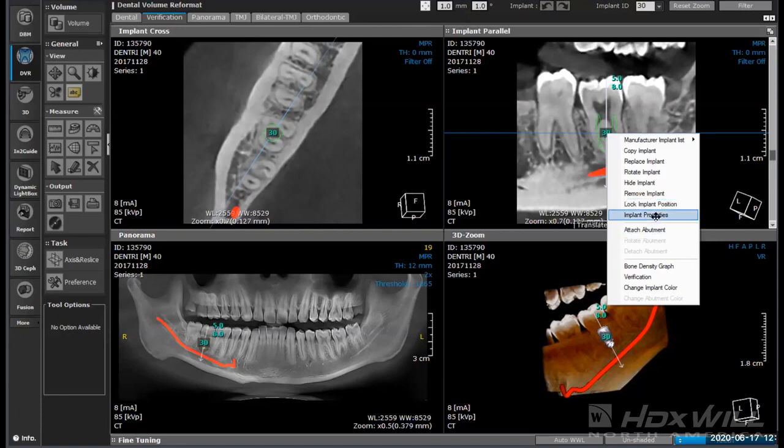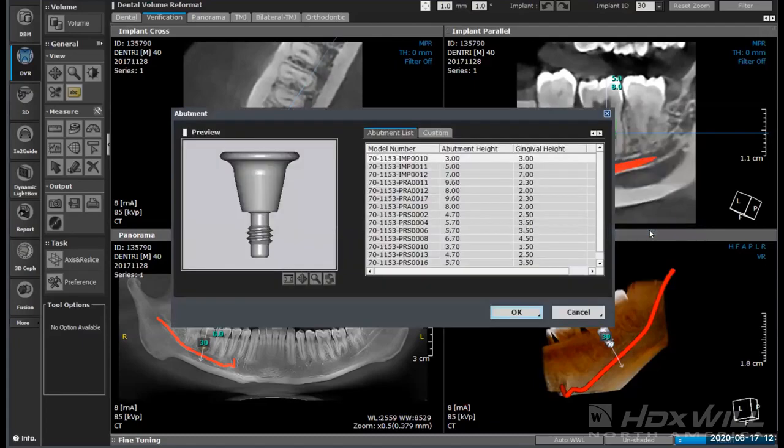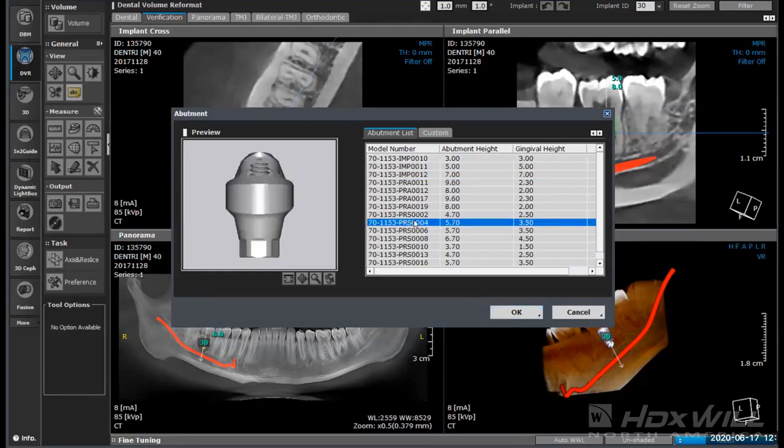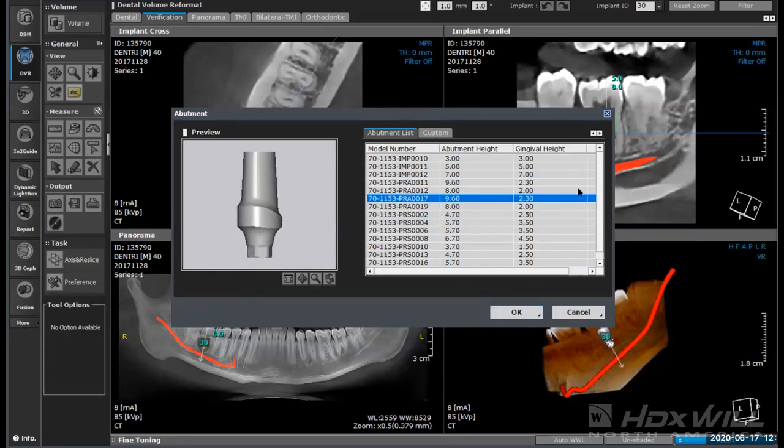And again, implant properties just gives you what size implant you had in there, those types of things. So now the next thing we can do once that implant is in place is attach an abutment. In this case, Glidewell has a number of their abutments already put into place. So we can take a list of what abutments they are and see the different sizes, and they give us STL pictures so we can actually see what each of those abutments looks like and their sizes